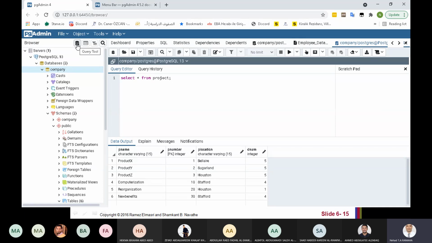Then you can right-click, open the query tool, and write your query to create a domain.